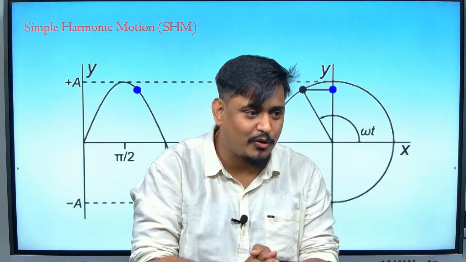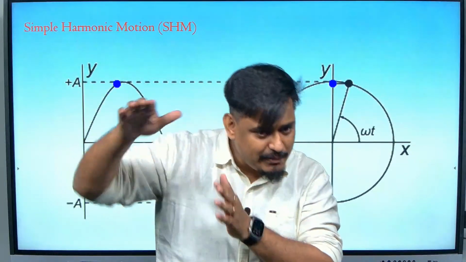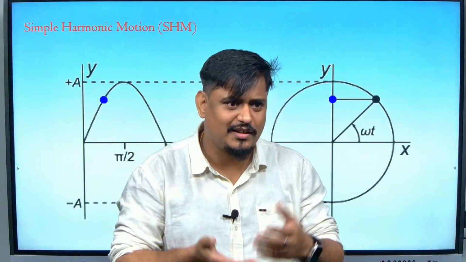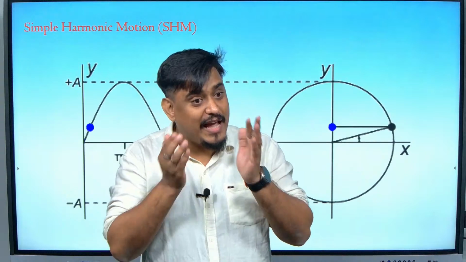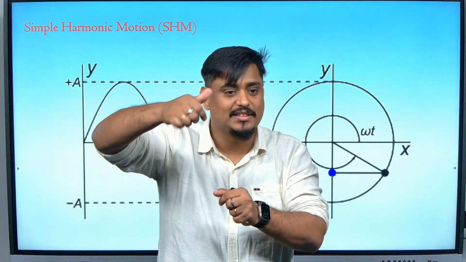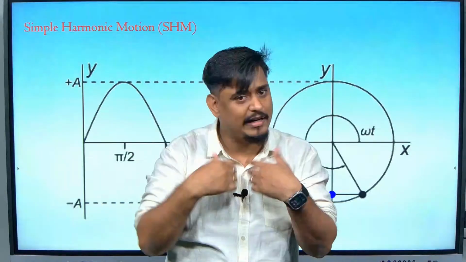And a real pendulum clock, you know one thing, every day you have to give a key there. The key will once again make the pendulum go. Do you think the pendulum can go by itself to and fro? It is a violation of the laws of thermodynamics. It cannot happen, isn't it? So we have to get up daily in the morning and somebody has to go and wind that pendulum, then only the pendulum will keep on moving and it will keep on moving the clock. Forget one day, it will stop.